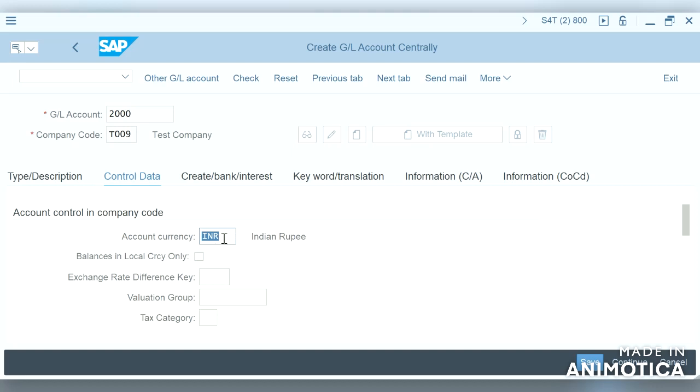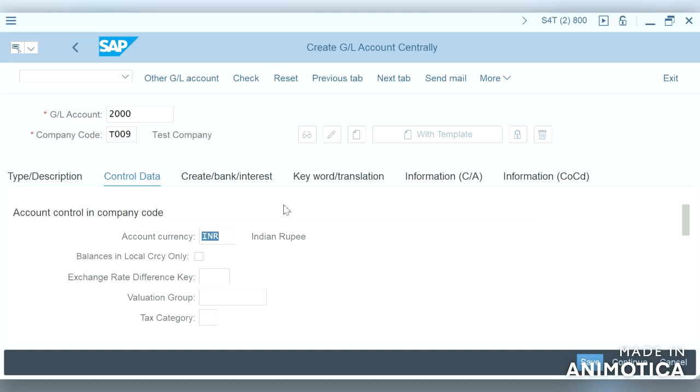So for example, here it is INR. This is the local currency, we maintain it as an INR. So if it is INR here, any document currency can be allowed. If we use USD here, then only we can post this GL to only USD currency.